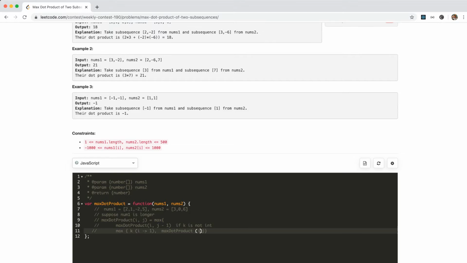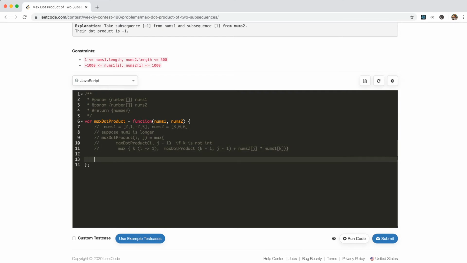Max dp of k minus 1, j minus 1, plus what? Plus nums2 j times nums1 i, right? Oh, not j, i, k minus 1. Oh no, nums k. Oh cool, finally we get the dp function. Okay, so clearly we need to store the ij,